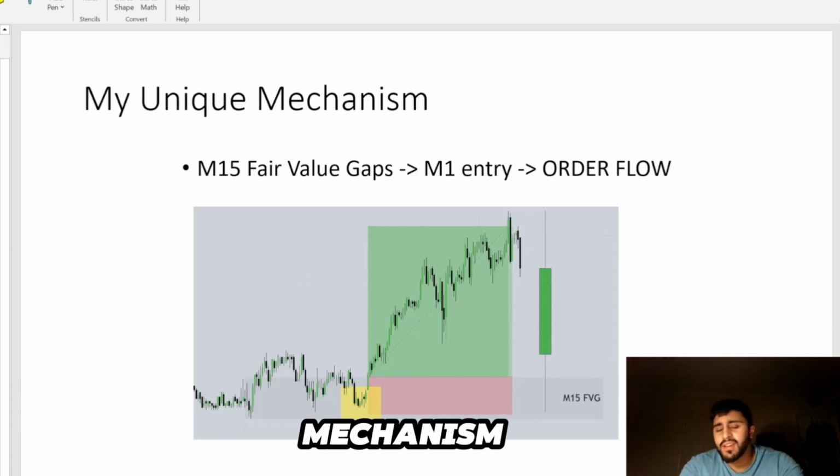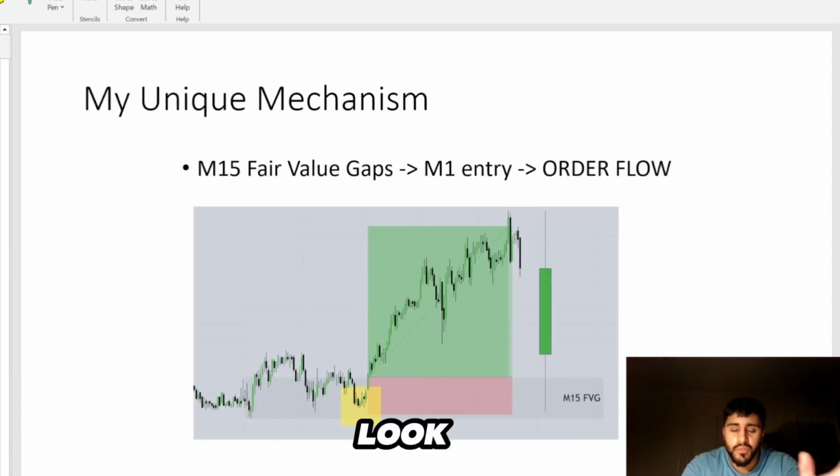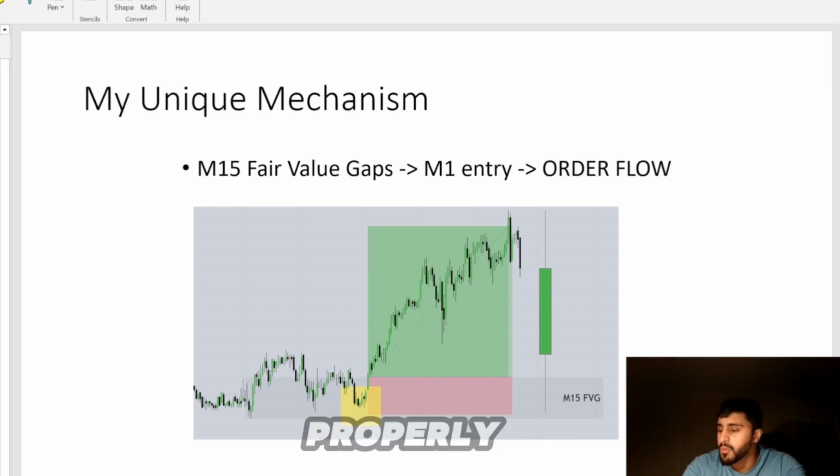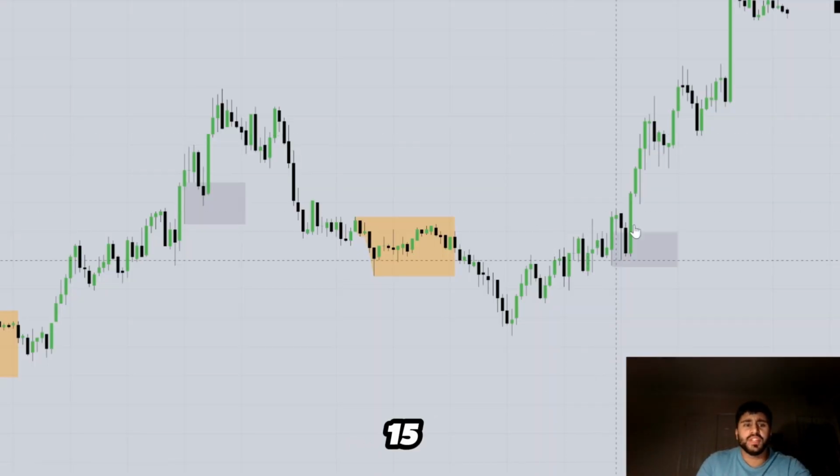So my unique mechanism is very simple, and this is how I trade. I look for a 15-minute fair value gap. I wait for the 1 minute to come into that fair value gap, and then I use order flow to trade properly, right? So let's break this down. So here we have the 15-minute time frame